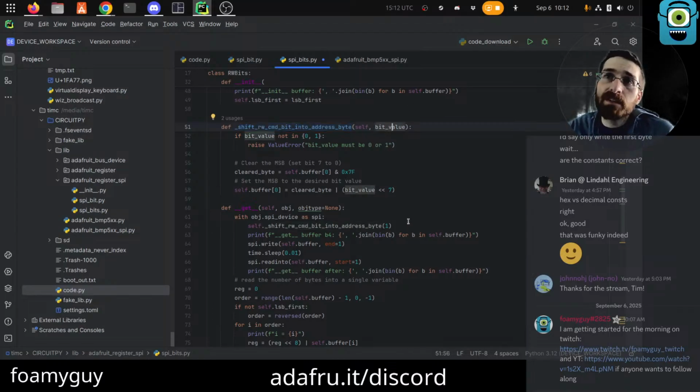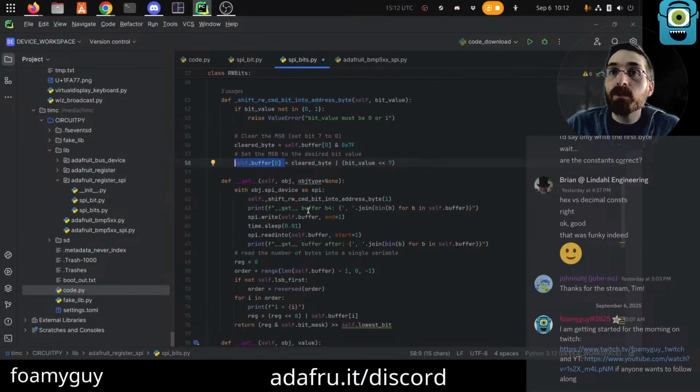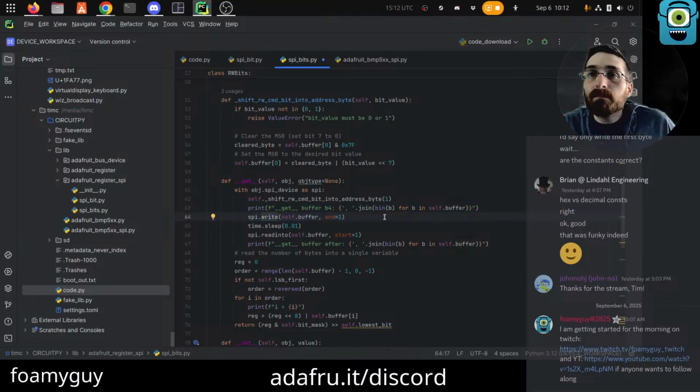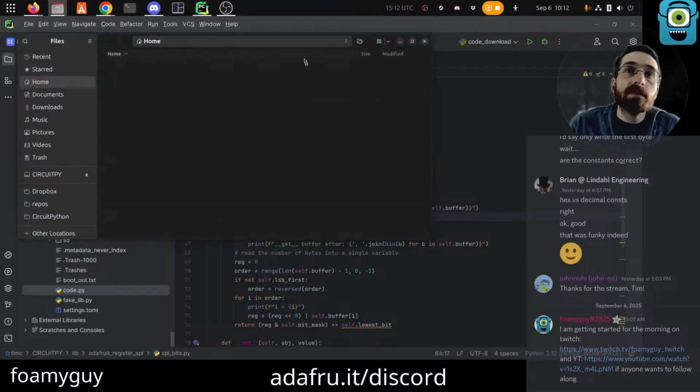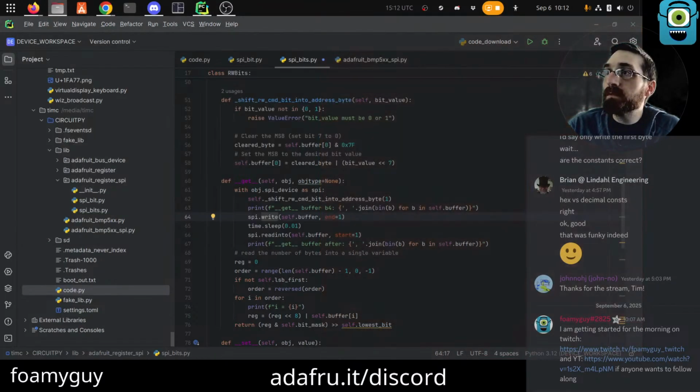So we can select either 0 or 1, and then it will get shifted into the most significant bit of a byte, specifically of the first byte in the buffer, which then gets written on the SPI bus over to the BMP5X, which I should pull up the datasheet for,